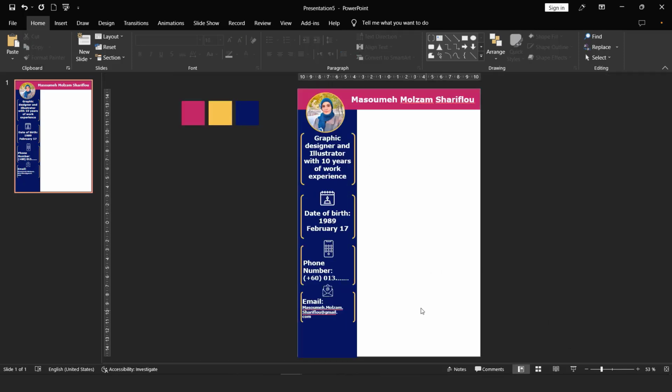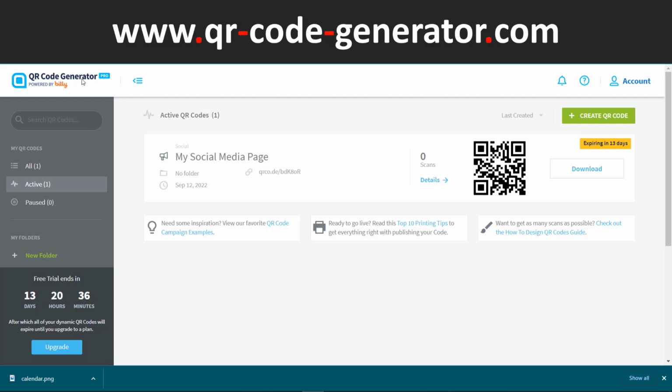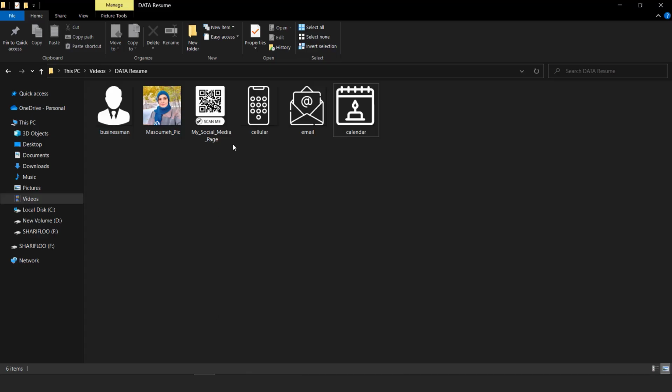Well friends, now in this section that remains empty, we can enter a QR code, and inside the QR code we can make settings related to the website and social networks, and I do this with the help of QR code generator.com. I put the addresses of my social networks in this QR code because we can't put too much information in the resume, so it can be the best solution to show more of your portfolios, or in fact the addresses of the social network websites can be using a QR code,